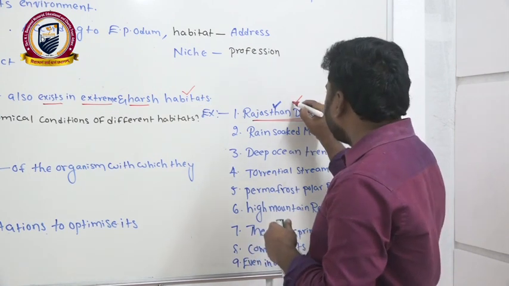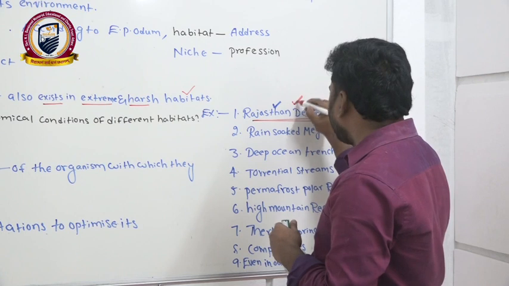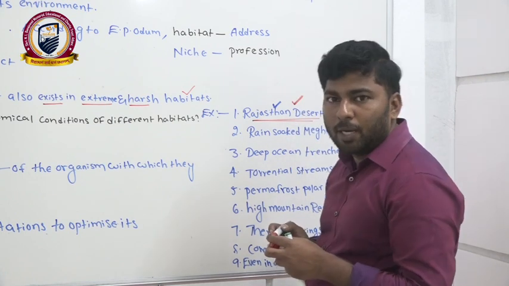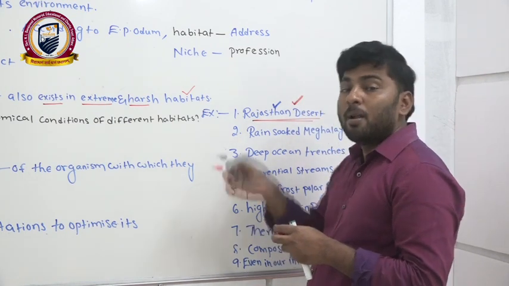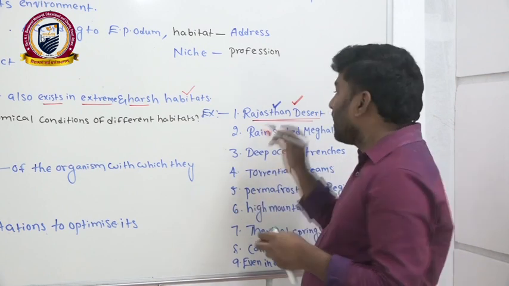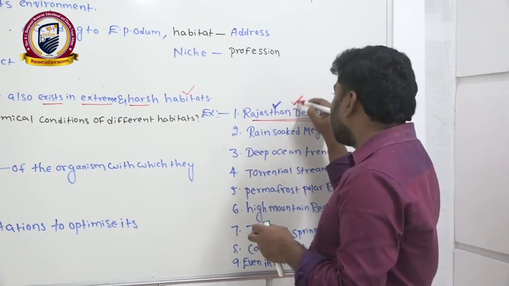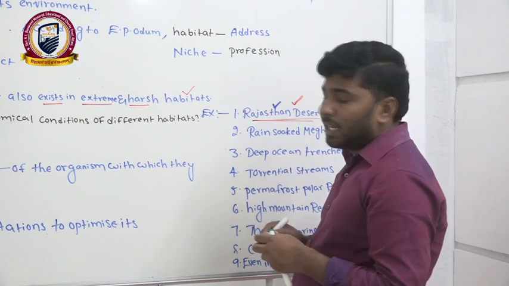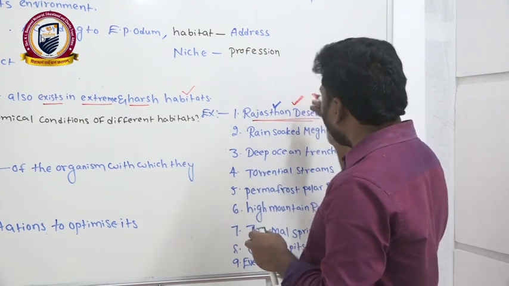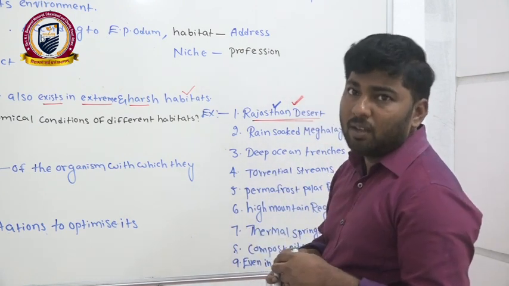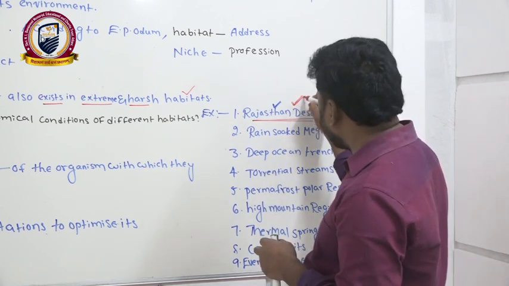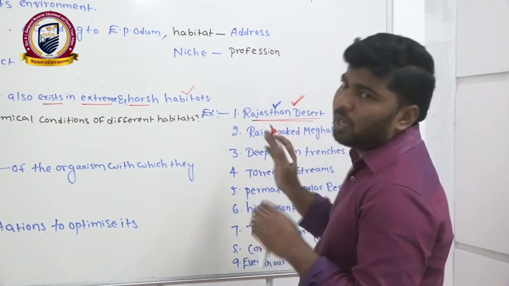Then also they have the ability to conserve water. They have an ability to conserve the water for many days. That's why the organisms are present in the desert area. Here, if you see, competition is very less. That's what they are preferring. This habitat is a compatible habitat for them.